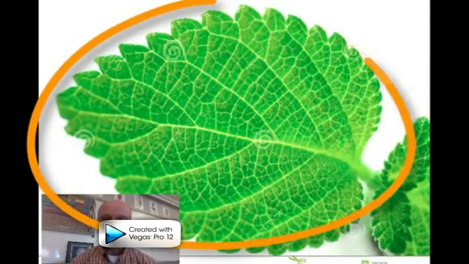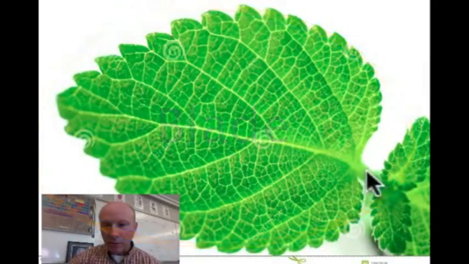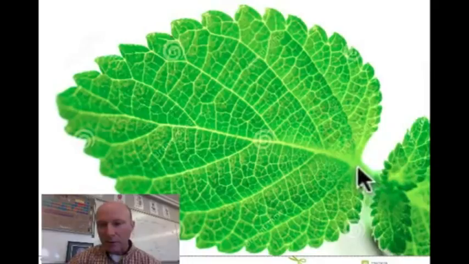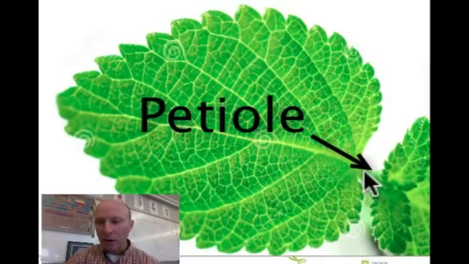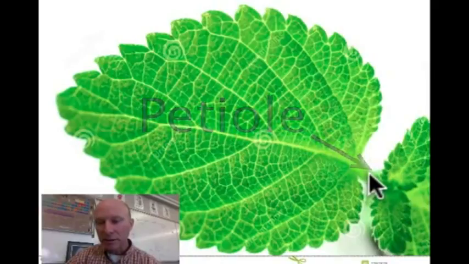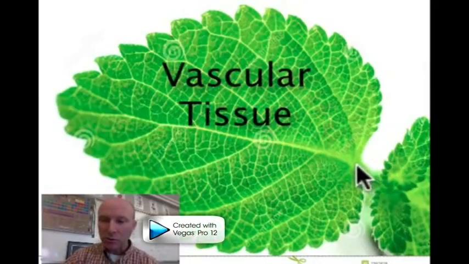The large structure is called the leaf blade. If you follow me here, the leaf starts down here with a stalk, which is actually called a petiole. The petiole is what attaches the leaf to the stem of the plant. Inside the petiole is vascular tissue. These are tubes that are not unlike your own blood vessels. They carry, instead of blood, however, water, nutrients, and food that the plant makes to and from every cell of